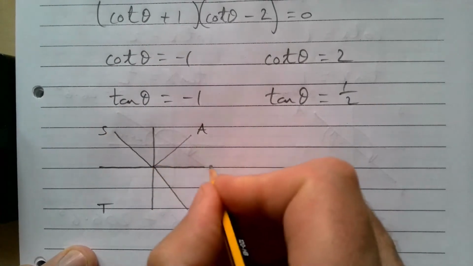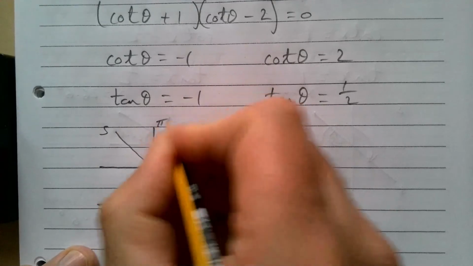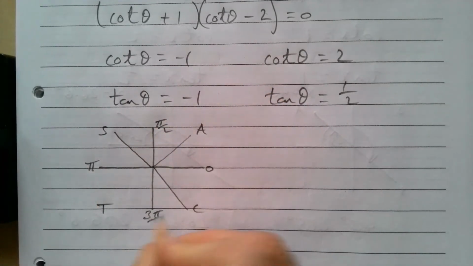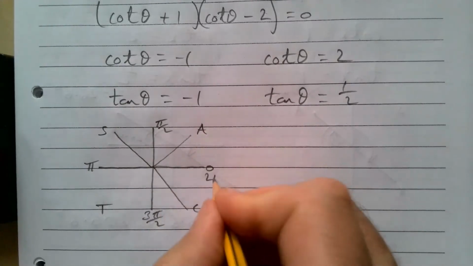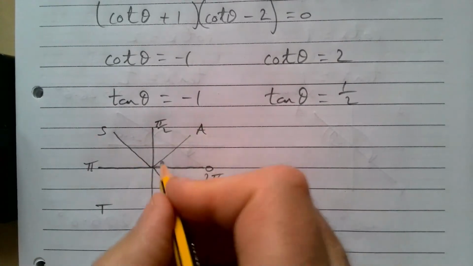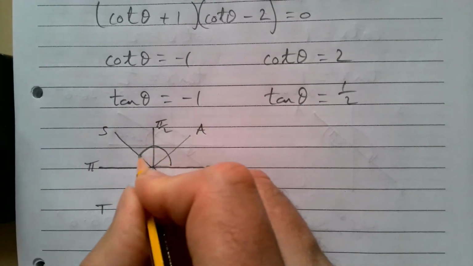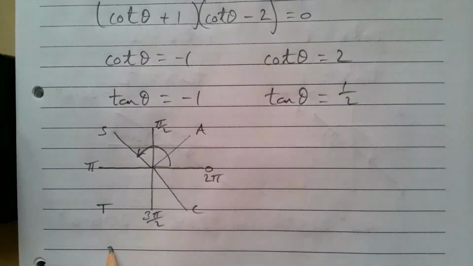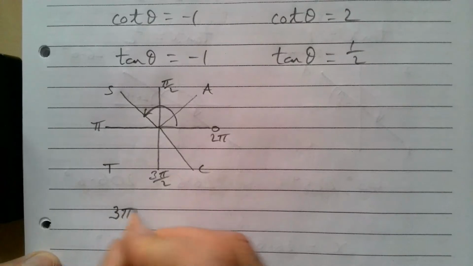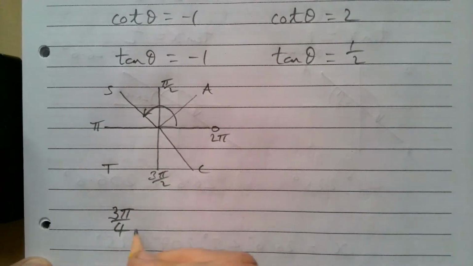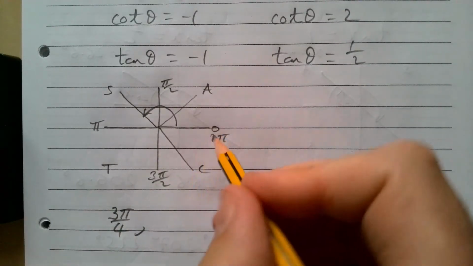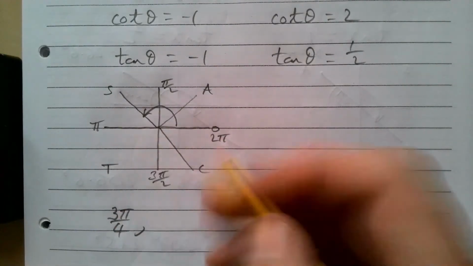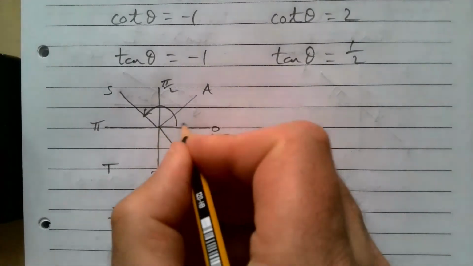We're measuring between 0 and 2 pi, so that's 0, that's pi over 2, that's pi, that's 3 pi over 2, and then that's 2 pi. So what are my two angles here going to be? That's going to be 3/4 pi is one of my answers, so we'll have 3 pi over 4. And let me see then, is that going to be 7 pi over 4? And for this one here,